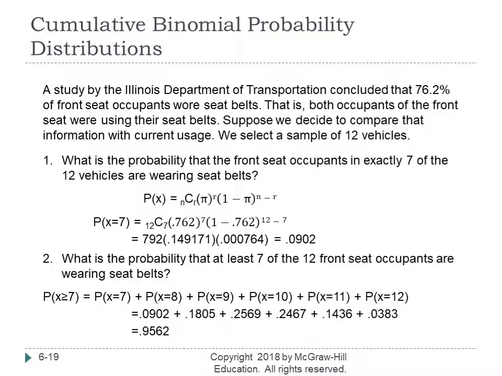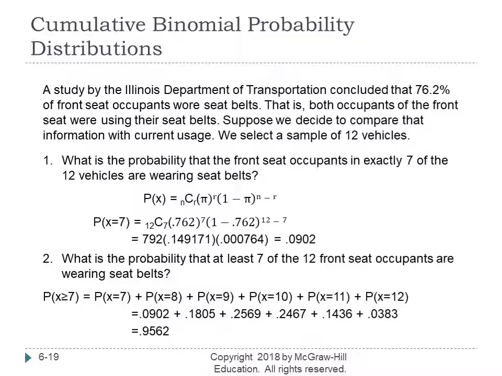Next, we would like to look at the cumulative binomial probability distributions. When we discussed different graphs in Chapter 2, we looked at cumulative distributions, and cumulative means you are adding probabilities. Of course, we will look at an example which will be a binomial distribution, and see how we can calculate cumulative